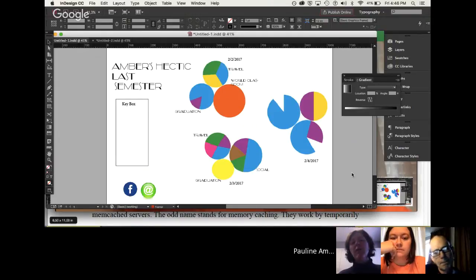How are you going to visually communicate hecticness without making your data really confusing to understand? Yeah, that's the challenge. Right, so you need another element.